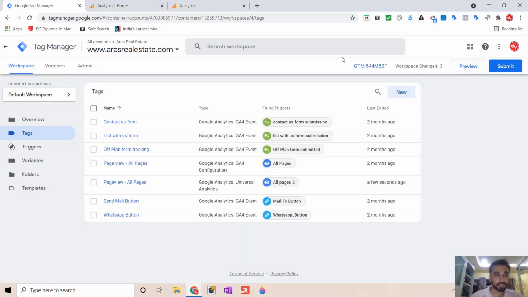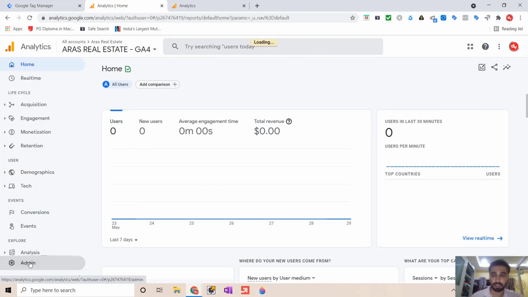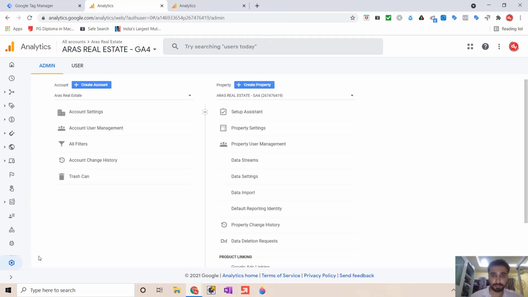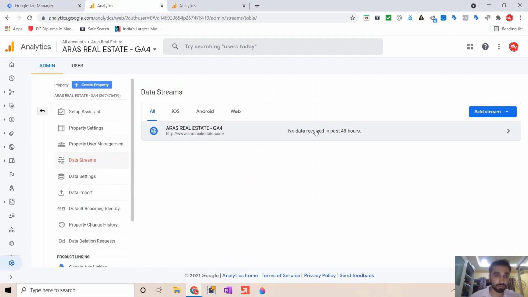Now when it comes to GA4, we have this GA4 account for the same client. You go to the admin. For GA4, you go to data streams. So here you have all the different streams on which your tracking is being done.